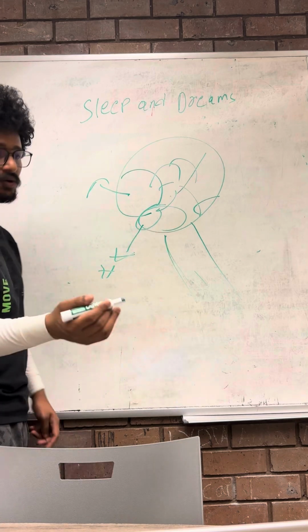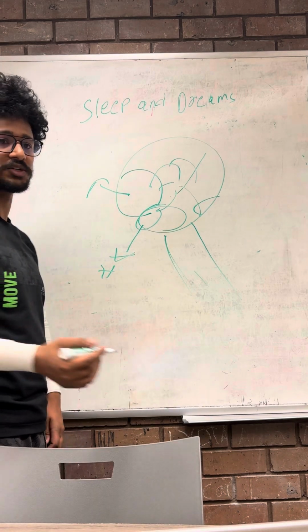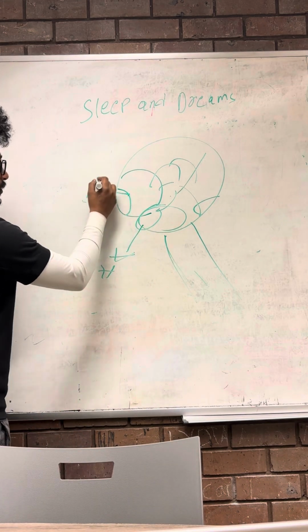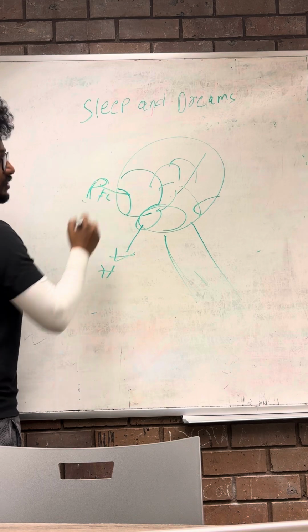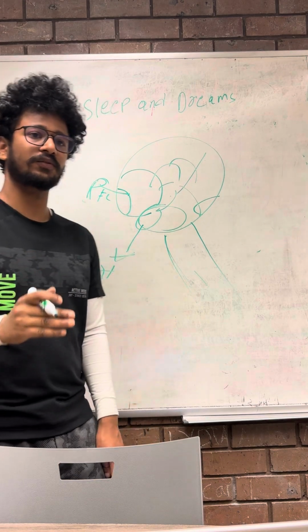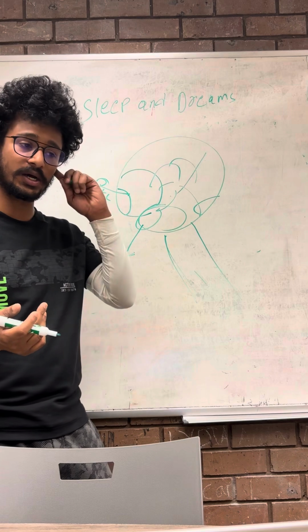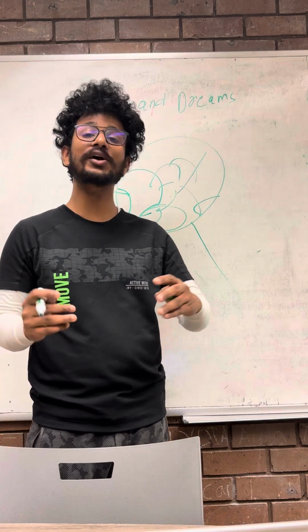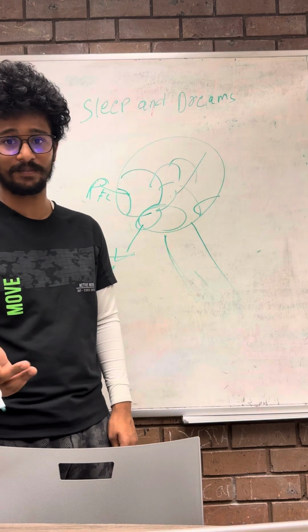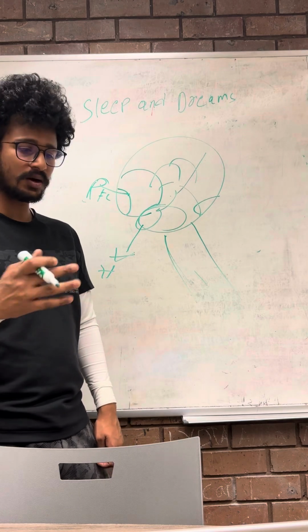The PFC is in the frontal lobe. PFC is the prefrontal cortex, which is right in your frontal lobe here, which is responsible for your logical reasoning, and this is kind of shut off. And that is the reason anything can happen in your dream, and you don't really care about what is happening in your dream. And deep in the sleep,